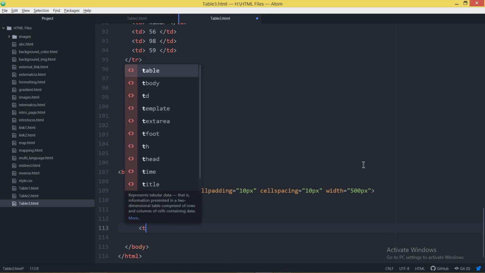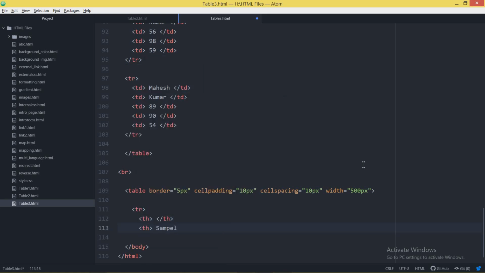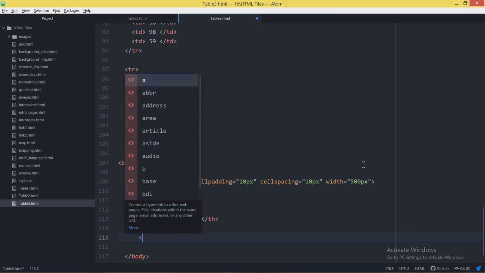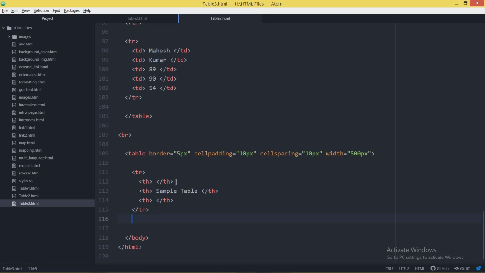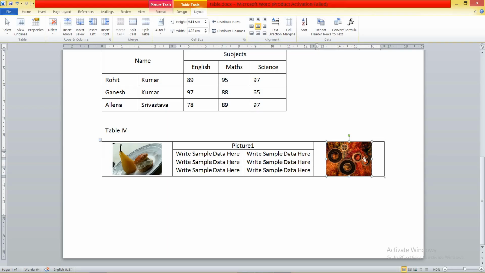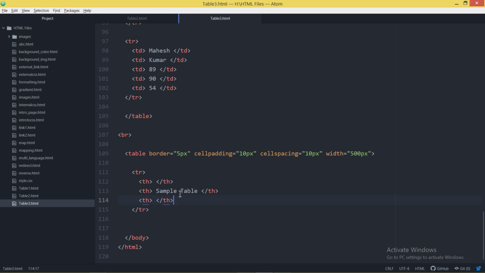Let it be sample table, this is the text I want to write. Close the th tag and close the tr tag. In this particular row I have created 3 cells, 1, 2, and 3. In the middle cell I have written sample data.